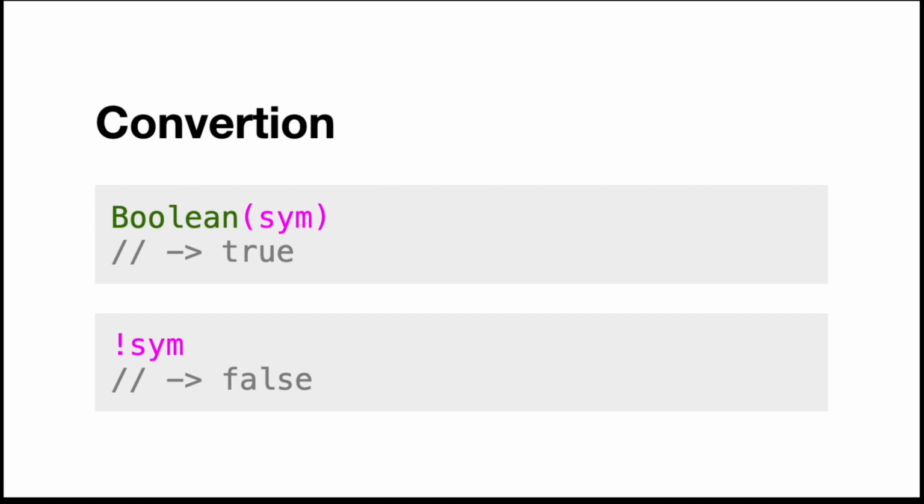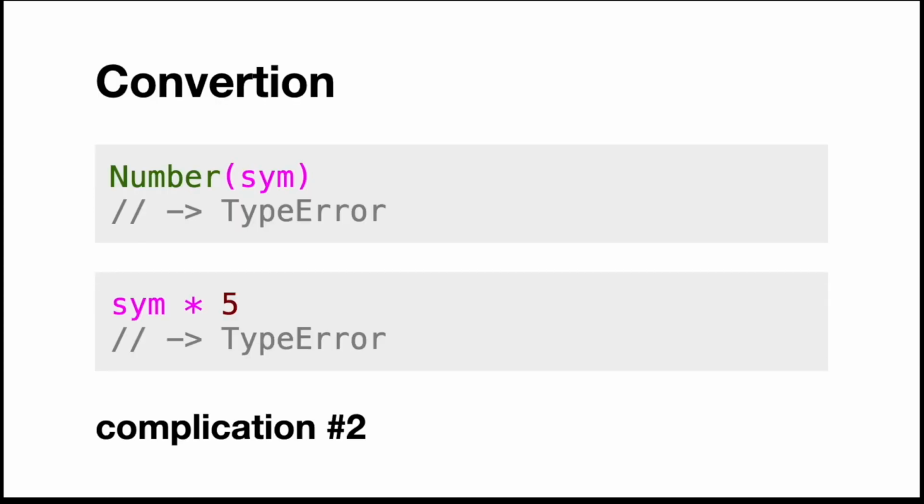This one is easy, because converting a symbol to Boolean is simple. The value is there or not, kind of, right? That's easy. With numbers, you cannot convert a symbol to a number. And this is the complication: it throws a type error. So it doesn't convert it to NaN, as it would for some other things, like objects, right? It throws an error. If your code doesn't do try-catch, this will cause an error. So your code might not be resilient anymore, because there's this new thing which never was there that can break the code.